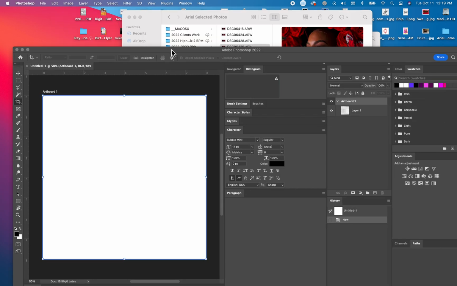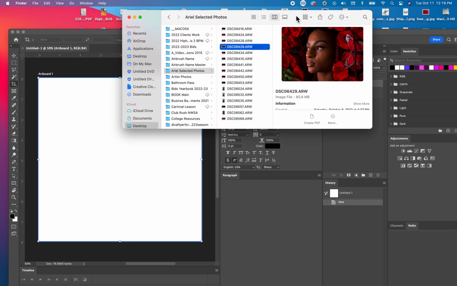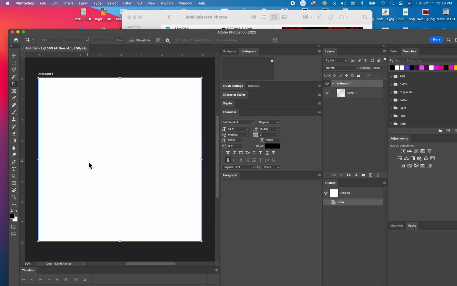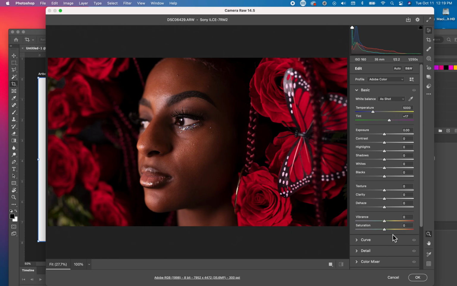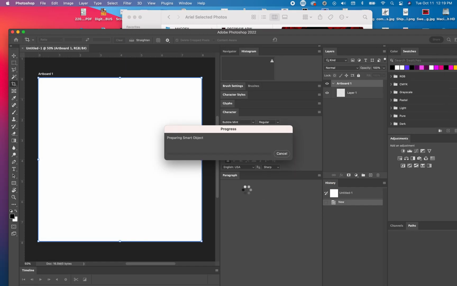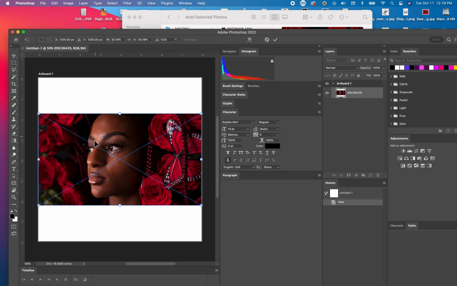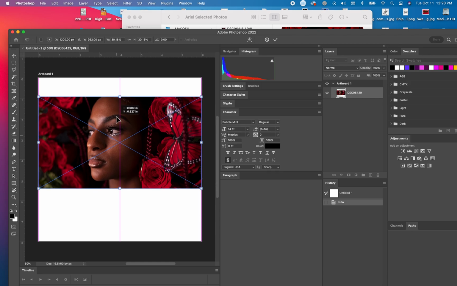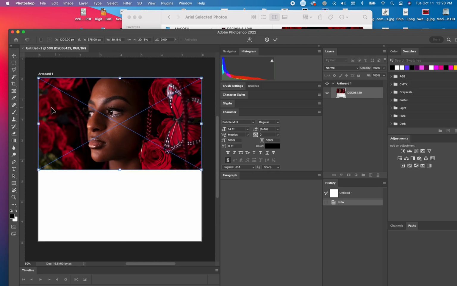So here you have it, the size. The secret to this is that you have to bring the image into the canvas, okay? So you bring the image in. Now, once the image comes in, you have to crop it. So you click on the crop tool,